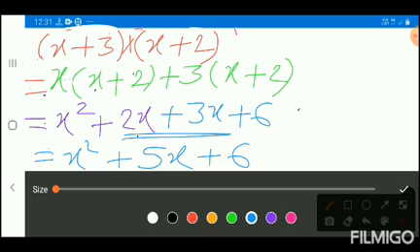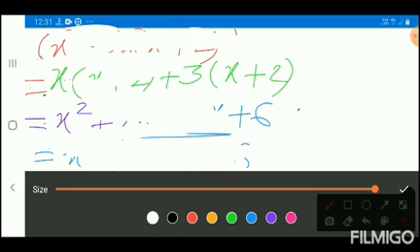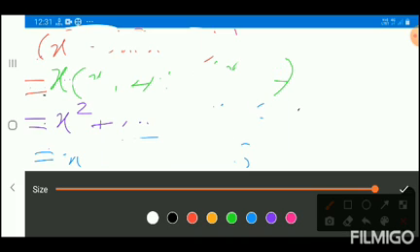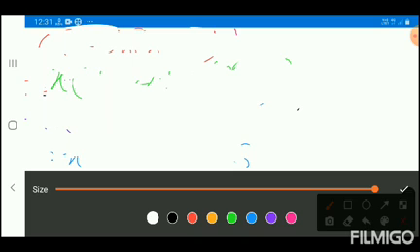Okay, same way you have to multiply the binomial by trinomial or by monomial, and solve the examples. Now we will see a few examples of division. Actually, this is the revision from 6th, 7th, 8th standard. Okay, so whatever points you have studied in the previous standards, you have to apply here.